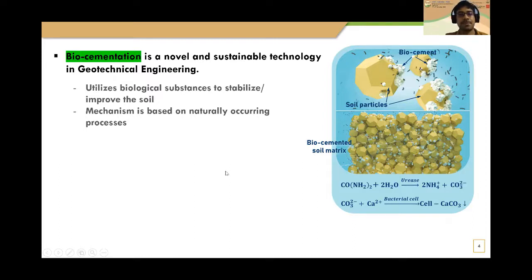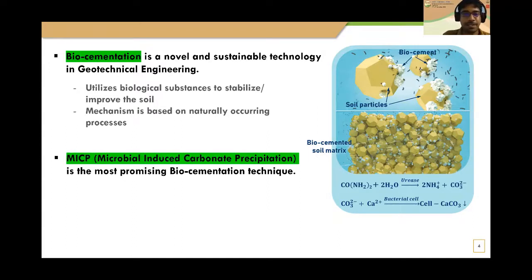engineering. This method utilizes biological substances and the mechanism is based on a naturally occurring process. Therefore, it is often entitled a green engineering practice. MICP, microbial induced carbonate precipitation, is the most promising biocementation technology. So if you see the mechanism,